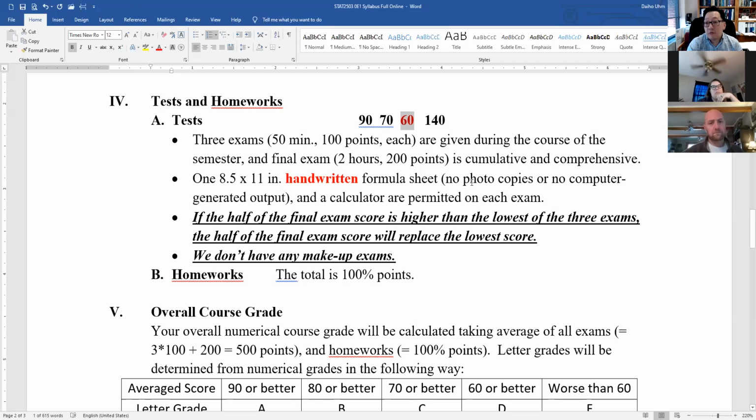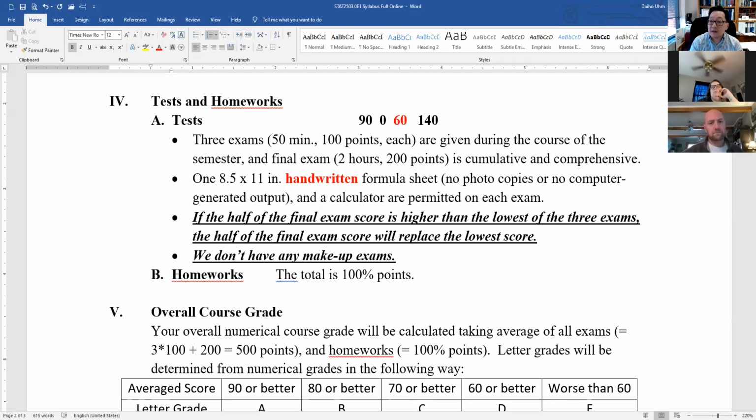It will be replaced by half of your final exam score. Now you get 140 in your final exam, half of it is 70. So the 60 will be replaced by 70. You understand what I'm saying? Right? Yeah. So even though you got 60 in the third exam,